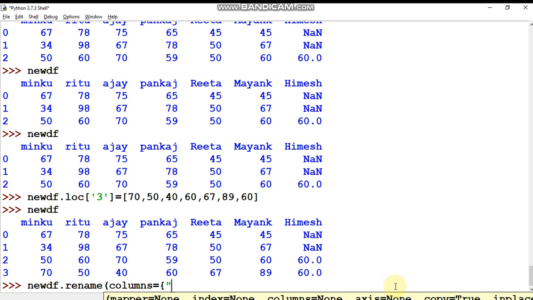name. So suppose Ritu is the current column and I want to replace it with Neetu. And one more thing you have to use here, that is inplace. You need to use the keyword inplace and just write True, because if you do not use this, you cannot see the reflection.